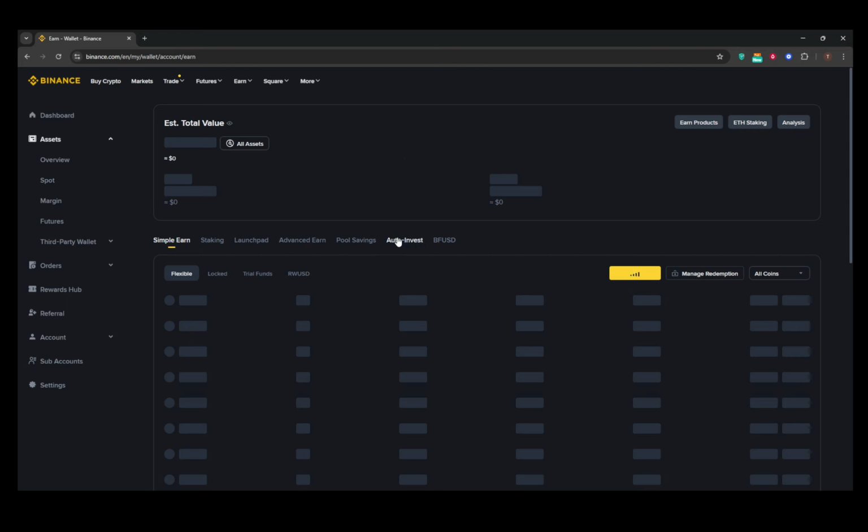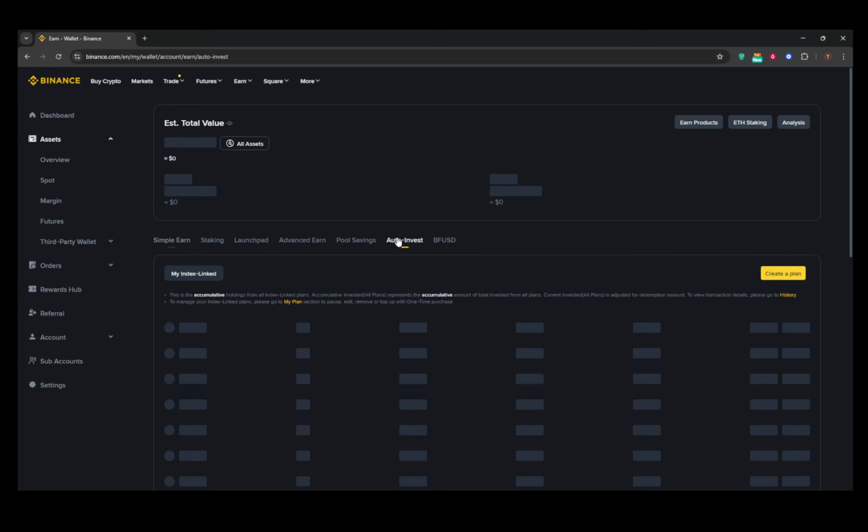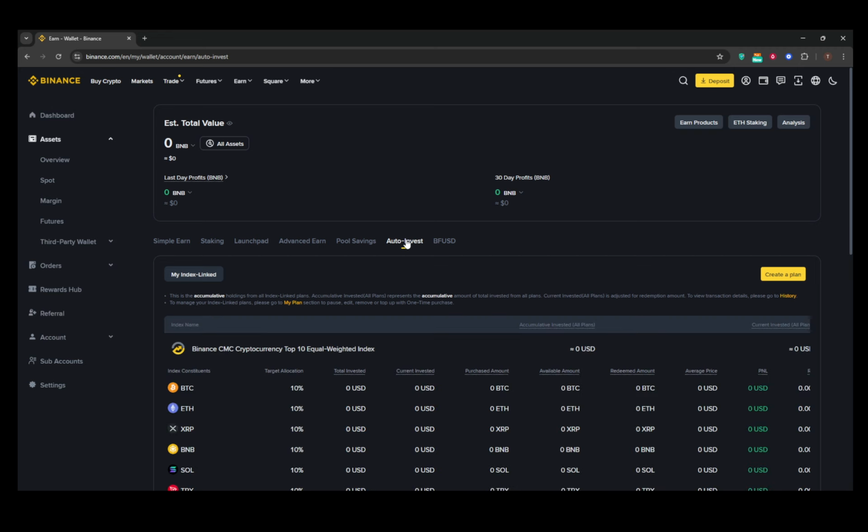Browse through the list until you find the specific plan you wish to cancel. It's a good idea to double-check that you have selected the right plan to avoid accidentally modifying an investment you want to keep active. Once you've identified the correct auto-invest plan that you want to halt, look off to the